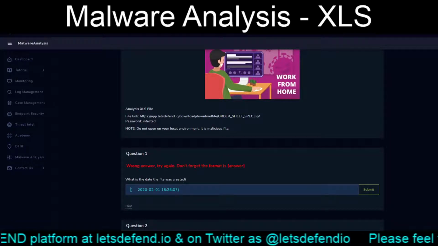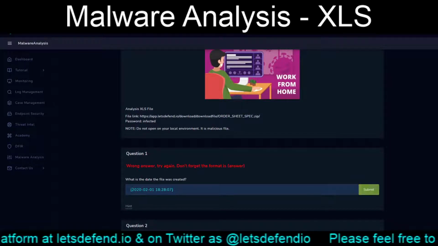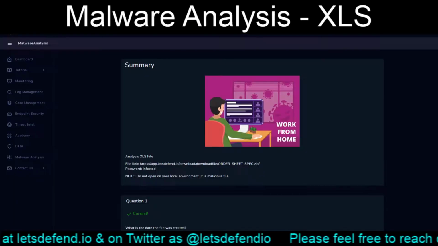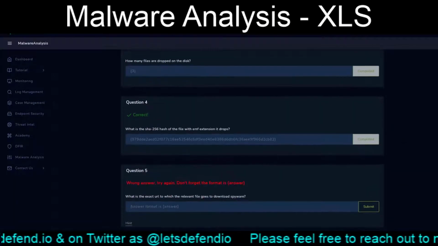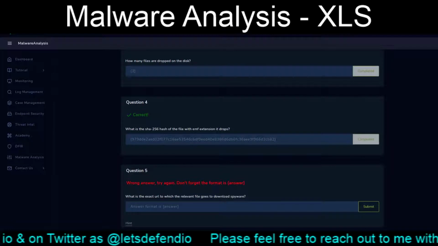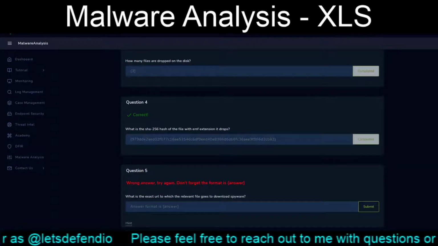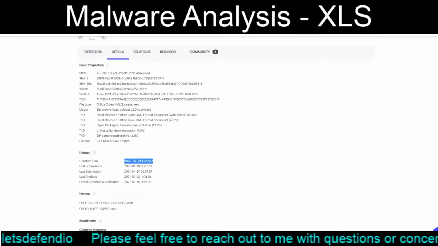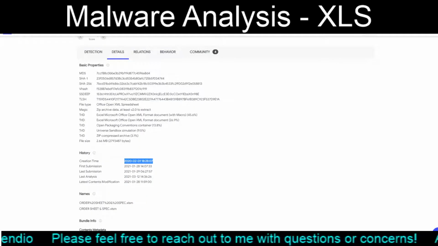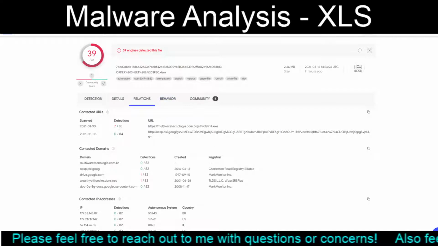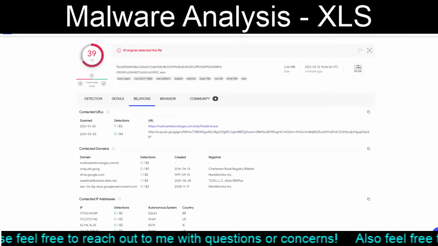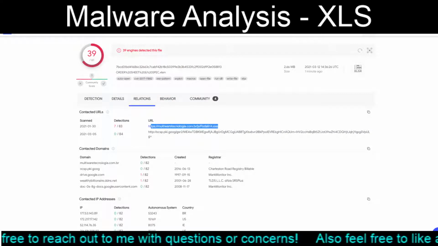Okay, so it likes all that. We're still left with question number 5. The exact URL to which the relevant file goes to download spyware. Which I would figure would just be this, but